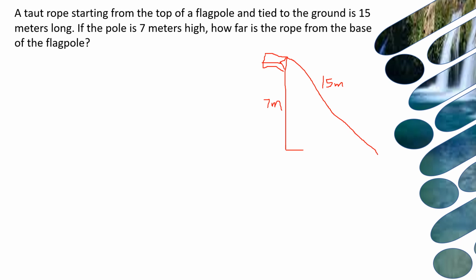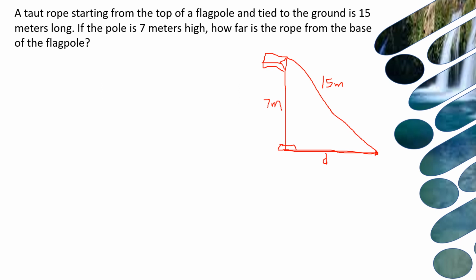Then how far is the rope tied from here to the base of the flagpole? Let's say the base is here. So let's say this is D, or the distance from the base of the flagpole to the point where the